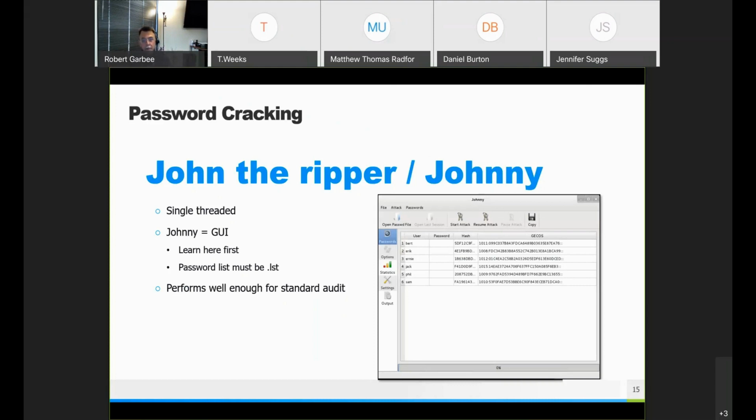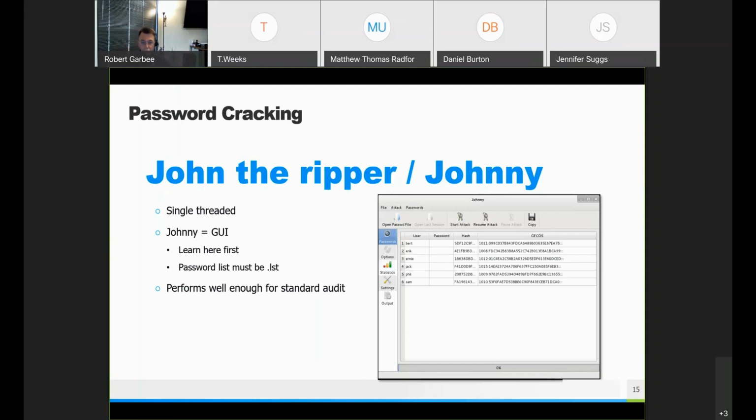But Johnny is cool, and it allows you to learn basically how the whole thing pulls together. You use the options and the settings, and it builds out the Johnny context or syntax for you, and then you can see what it's trying to do under the covers. That gives you the tools you need to start doing it yourself, which then will allow you to leverage that mentality into Hashcat. And then I'm sure there's a bajillion others that you can use. But if you're just starting out, you just want to play around a little bit, I suggest Johnny